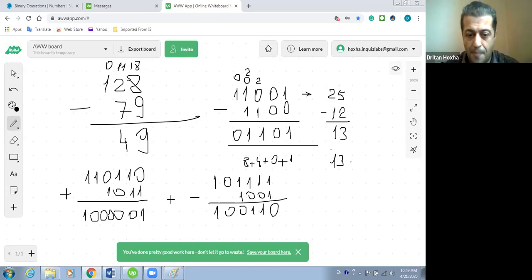Let's check now. Now we have the addition. 0 plus 1, it is 1. This is okay. 1 plus 1, it is 0. It is okay, but we have to carry 1 here. 1 plus 1, it is 2. We should write 0 and carry 1 again here. So we have 1 plus 1, it is again 0. So it is okay as well. And again carry 1 here. We have 1 plus 1, it is